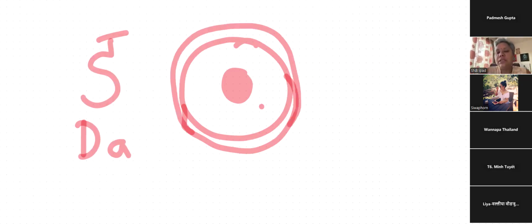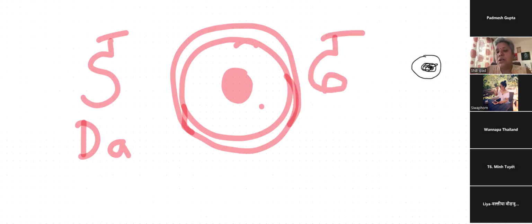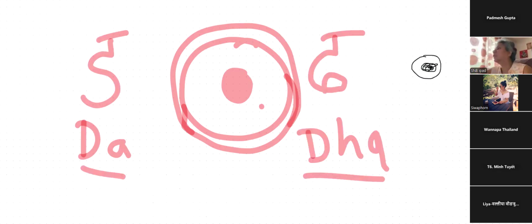So how do we write this dhapali? We basically first make ta and we give it a knob here and it becomes da. And the pronunciation is D-H-A, dha. So this is da, this is dha. Is it clear?